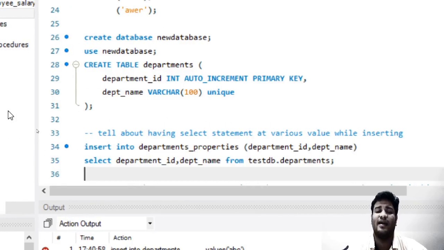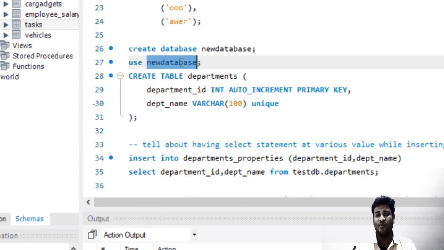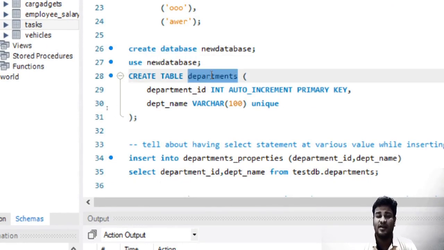For example, you have two different databases. So here I am creating a new database, and it also has departments. For example, you are in a company and your company has departments such as the IT department, the network department, then the production department, then the testing department. So these are all the departments, and your boss goes ahead and opens a new company, right? And he wants this new company to also have the same departments.